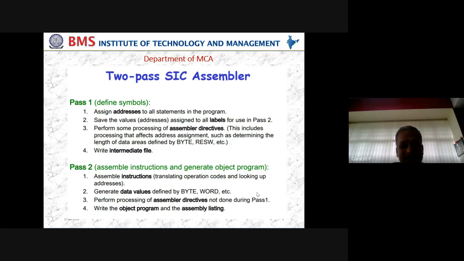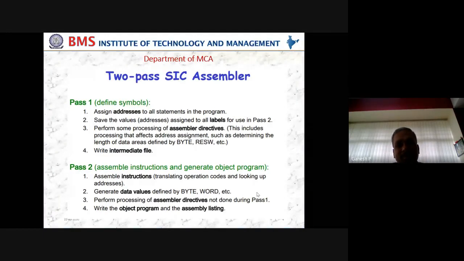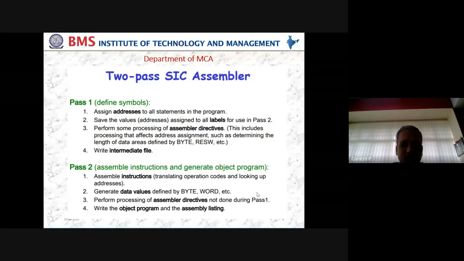8,000 plus 3, 8,000 plus 2. We have done that, so comfortably the addition operation was done. Accordingly, each instruction is assigned the address. Once that is done, all those addresses where labels are involved will be saved in a table. We'll see the data structure, what it is going to be. And these addresses of labels will be stored for future use, which is going to be in PAS2.